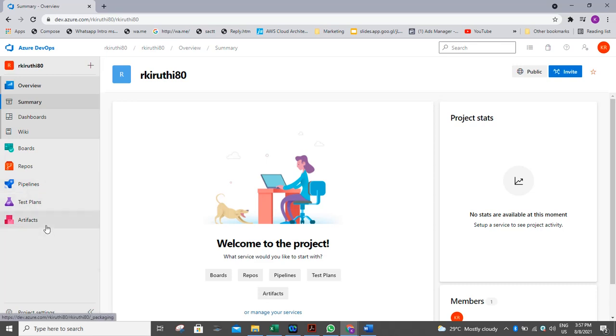So what does it mean? Azure Boards is a work tracking system with Kanban boards or dashboards and reporting tools. Azure Pipelines is a CI/CD testing and deployment system that can connect to any Git repository. And Repos is a cloud hosted private Git repository service.